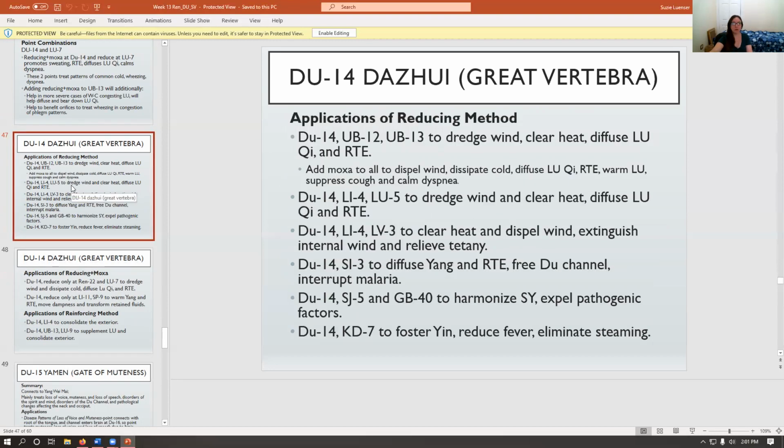In addition, with UB12 and 13, that's really going to be for wind and heat, to release the exterior. With LI4 and Lung 5, we're looking at wind and heat. With LI4 and Liver 3, we're looking at more internal wind, so clear heat, dispel wind, extinguish internal wind, and relieve tetany. With SI3, that's an important two-point combination for malaria. With Sanjiao 5 and GB40, that's going to be for harmonizing Shaoyang and expelling pathogenic factors. That's a nice point combination as well. And then with Kidney 7 to foster yin,